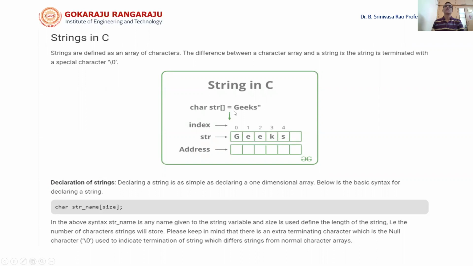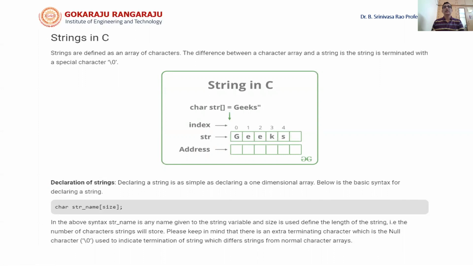Now this string, which consists of all the characters, will be stored in the one-dimensional array named str, and we can see it like this: str, geeks. And now a null character will be automatically included by the compiler at the end to indicate that it is a string.